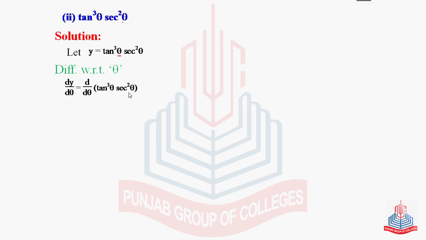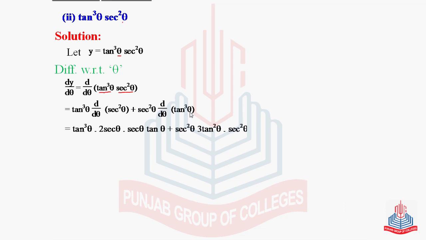Again, we have to apply the product rule because this function consists of two functions which are multiplied with each other. So by using the product rule, this will become tan cube theta as it is and the derivative will apply on secant square theta, plus secant square theta as it is and the derivative will apply on tan cube theta. So now the derivative will apply in a way like tan cube theta will be as it is and the derivative of secant square theta. Here first